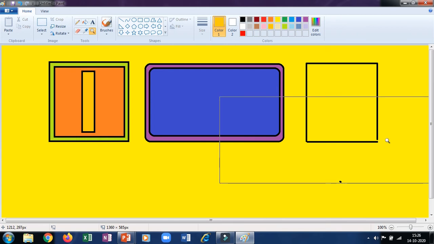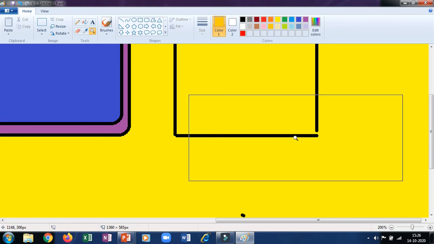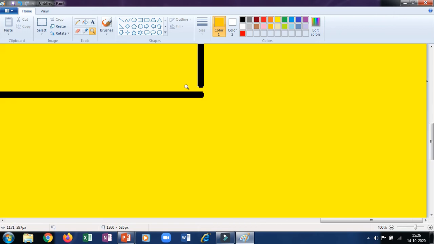So when you left click, the image will zoom in. Okay, zoom in means the image will become big. See, I'm just left clicking, so the image is becoming very big. You can see the gap is over here. So let us take the pencil tool or line tool, whichever you want. You can take the black color and color this. Okay, just fill this gap.